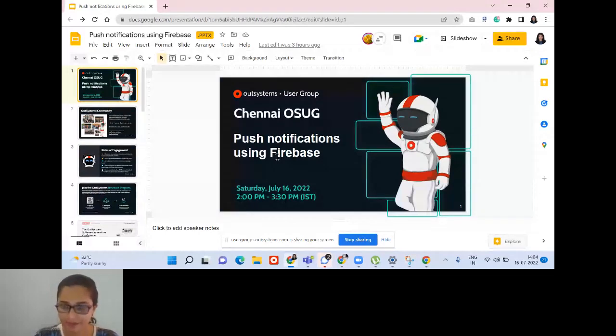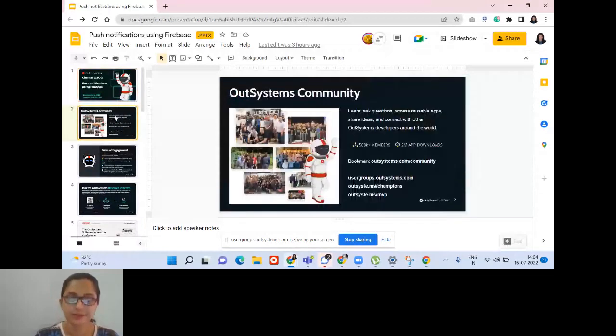This is from our Chennai OutSystems user group. We are going to conduct a session about push notifications using Firebase in an OutSystems mobile application. So, this is the topic we are going to talk about. Before going to the session,